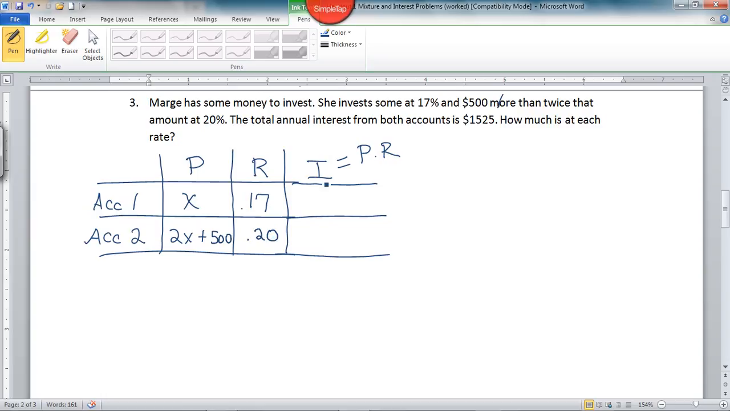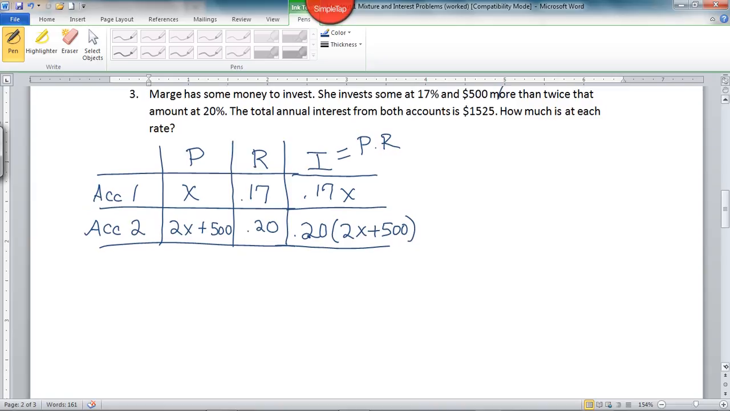So the interest column, like I said, is the principal times the rate. So each one I multiply the principal times the rate: X times 0.17. Let's write that, though, 0.17X. Then the principal of account 2 times the rate, let's write that this way: 0.20 times the principal, 2X plus 500. Just multiplying, in each case, principal times rate. All right? Okay, well,